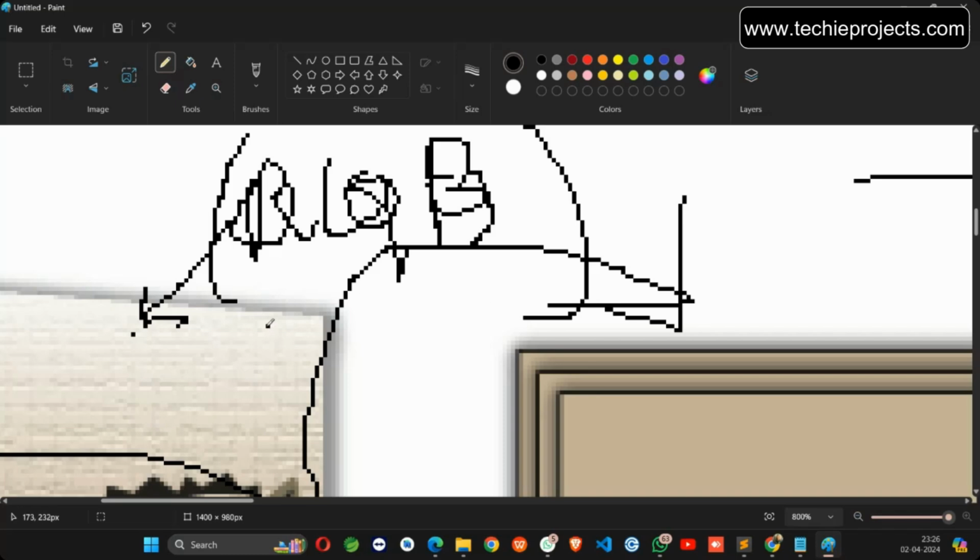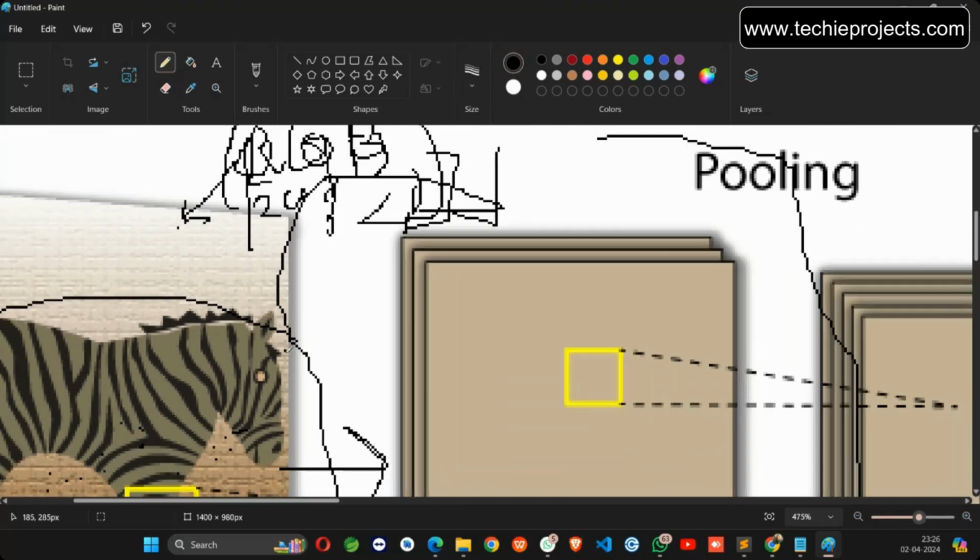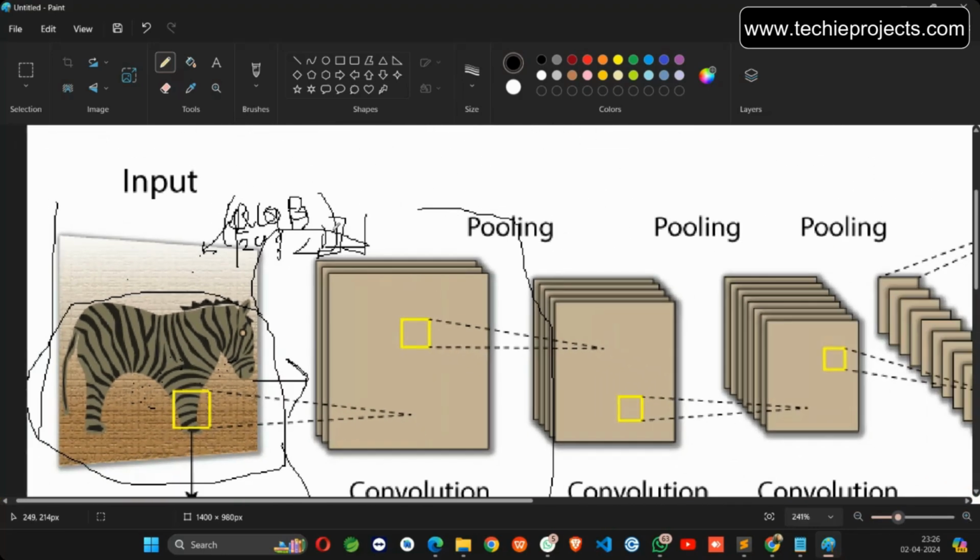Suppose the R value is 20, the G value is 30, the blue value is 40. If I replace every pixel with these values, this becomes a very big matrix. So internally, an image is nothing but a matrix or a numpy array